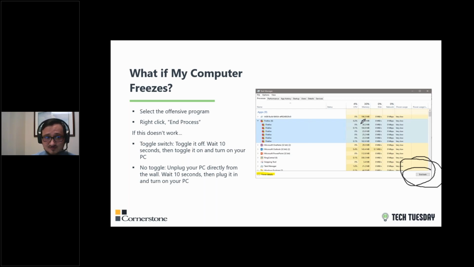If you can't even get this to work, however, and everything's just completely frozen, you can't get anything to respond, you're gonna wanna turn your computer off and on again. There are 3 different things you want to do, and I'm only showing 2 on my screen. The first is to hold your power button on your computer. If you were able to open up your task manager, then you should do it this way.